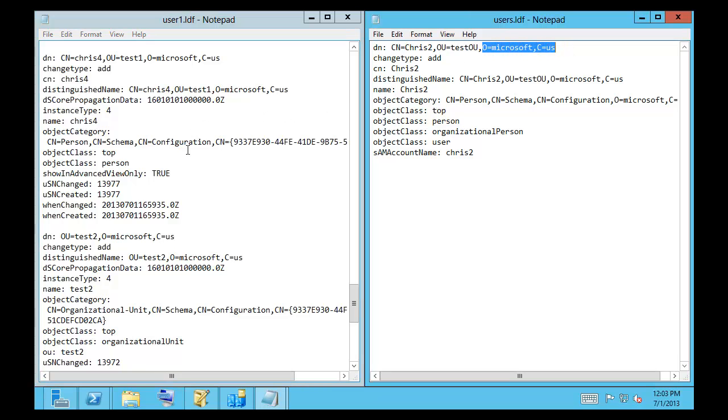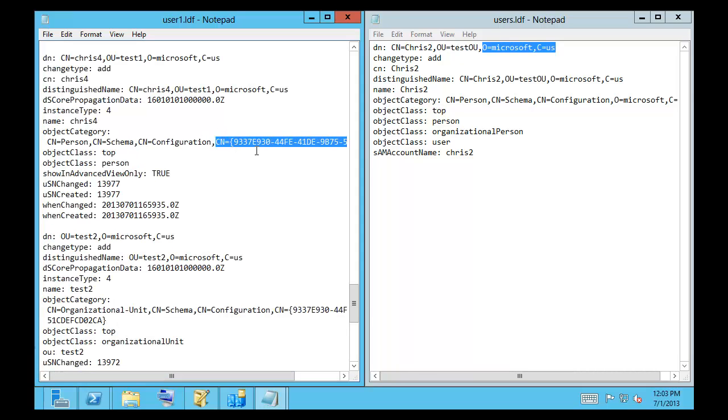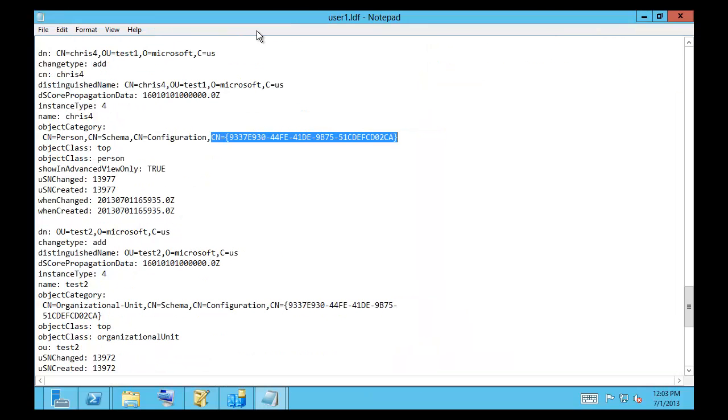So Microsoft US. So what we've got here is the actual GUID of this instance, this LDS instance. Let's keep looking. So top person, shown advanced view only. Some created. Cool. Alright, so I'm going to keep this as a reference guide for changing